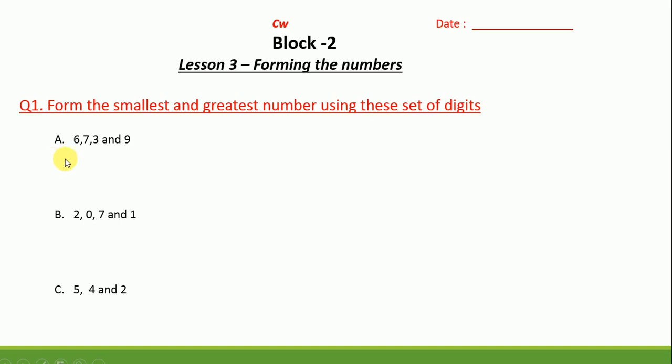See that in question number A, there are 1, 2, 3, 4 digits given for us. So from these 4 digits, we are going to make a 4-digit number. So no need to repeat any of the numbers. Okay. In question number B also, there are 4 digits given for us: 0, 2, 7 and 1. We have 4 digits with us, so no need to repeat. But only in the C question, we have 1, 2, 3, only 3 digits given for us. Here you have to repeat the digits and then form the smallest and the greatest 4-digit number. Okay, you can check your answer.